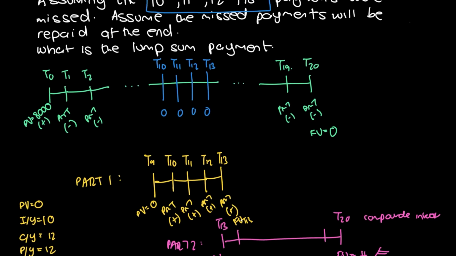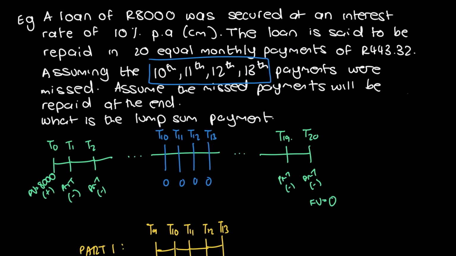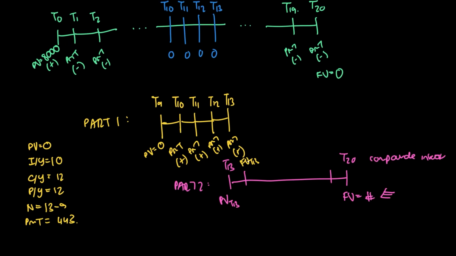And let's just go back to our wording so we can see what's happening there. It is 443.32. And let's go back up. So now we have that 443.32. And from here, we can work out the future value. Now, if you're unclear on how to work out the future value for deferred annuities on your financial calculator, I suggest you go back to the video where it's discussed. But what we're going to do now is we're going to just give you the answer. And this answer is